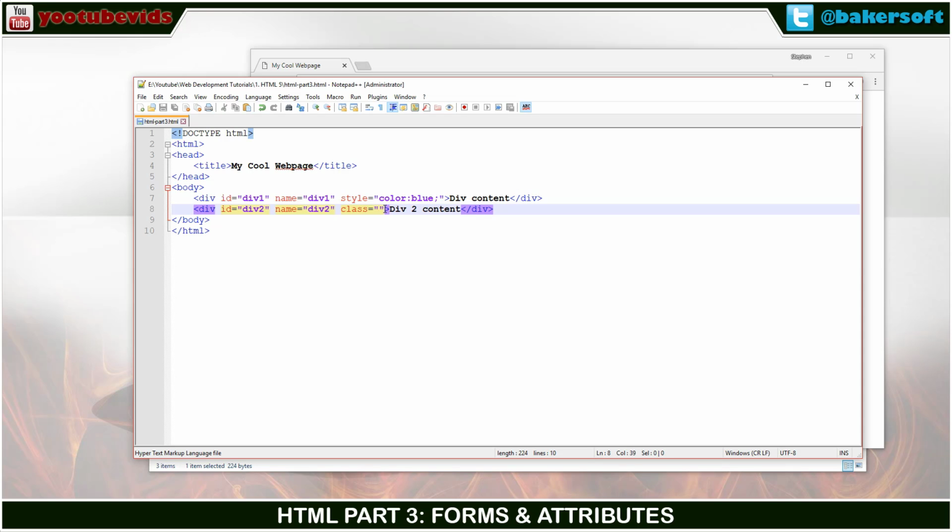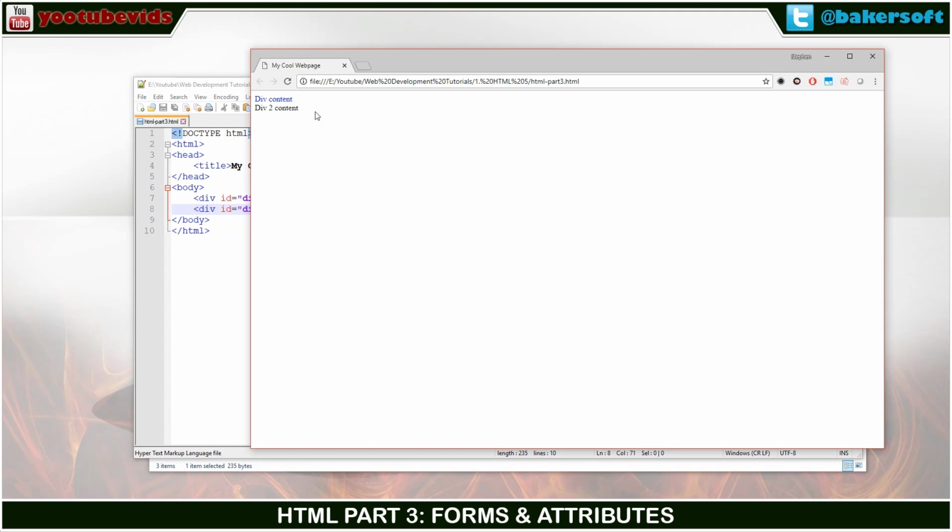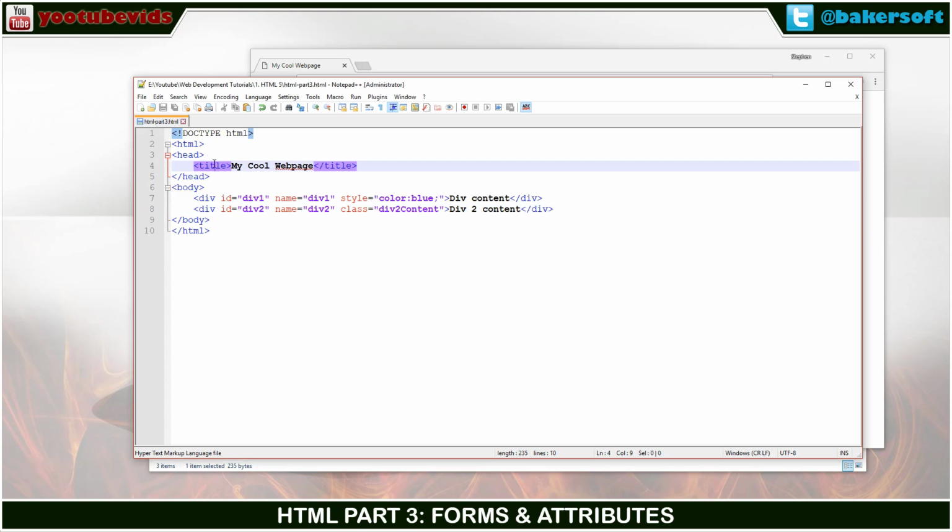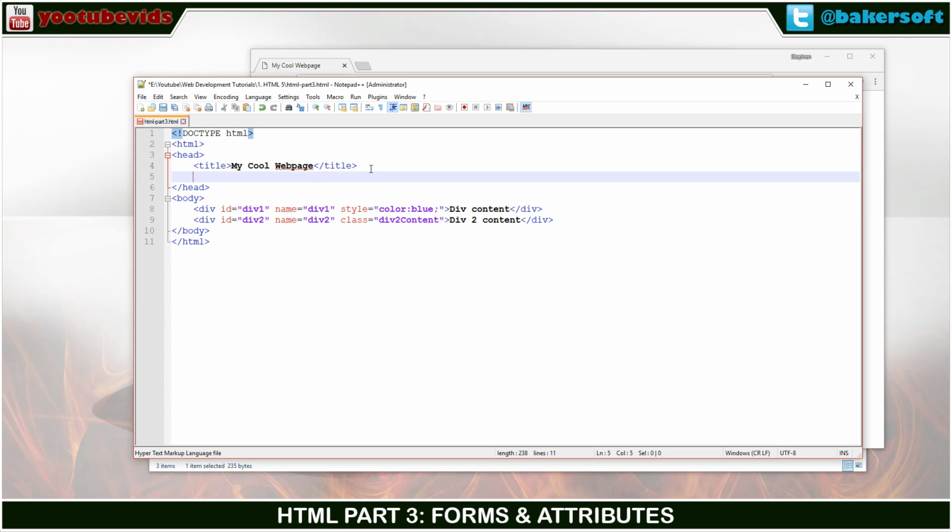So a class would be something like, let's see, we'll just call it div2 content just for this purpose. So right now I'm referencing this class named div2 content. Now I'll go ahead and save that and refresh this page. Now you notice there's nothing different about anything in here. My content is still the same, but if I do this,